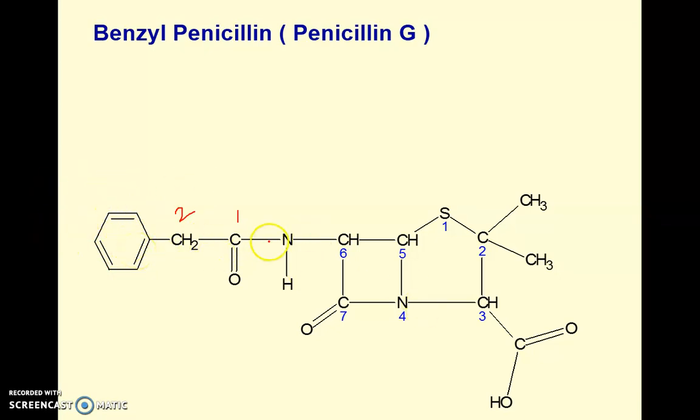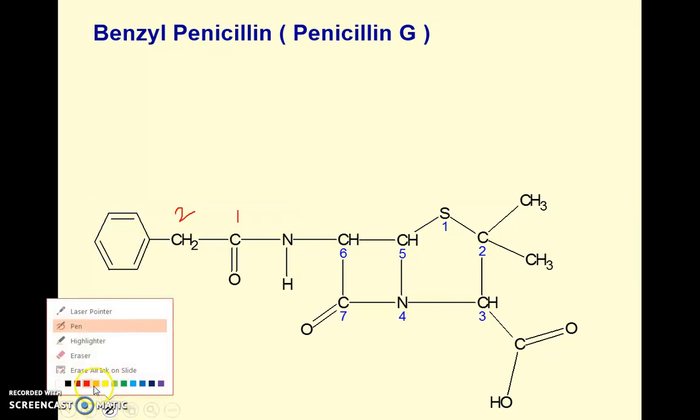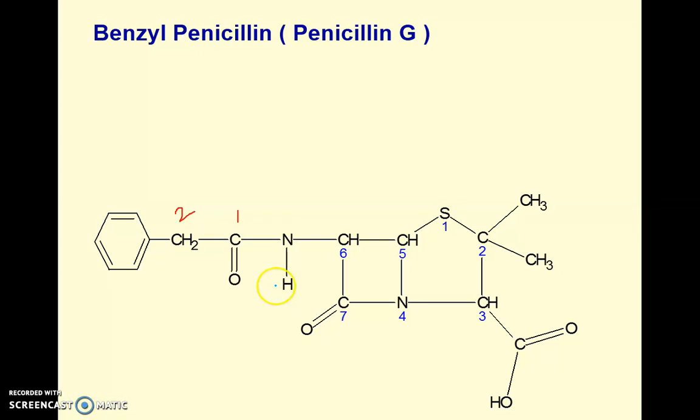So this is a complicated substituent. We have to highlight this part, which is a complicated substituent in the given structure. What will be the name of the complicated substituent that we have to include in the bracket? That is 2-phenyl acetamido. So at the sixth position 2-phenyl acetamido will be there. At the 2 position 2,2-dimethyl, and it will be penam-3-carboxylic acid.